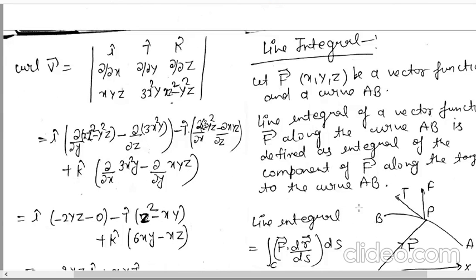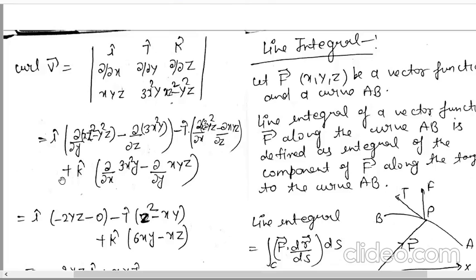Now curl of v vector. So curl of v vector is equal to the determinant with i, j, k, del upon del x, del upon del y, del upon del z, and the x y z values are your coefficient of i, coefficient of j, and coefficient of k. So just find the 3 by 3 order matrix determinant. So del upon del y of xz square minus y square z, minus del upon del z of 3x square y, minus j cap, del upon del x of xz square minus y square z, minus del upon del z of xyz, plus k cap, this value minus this one.